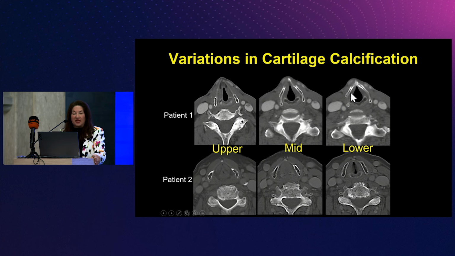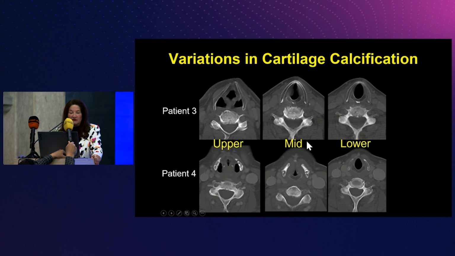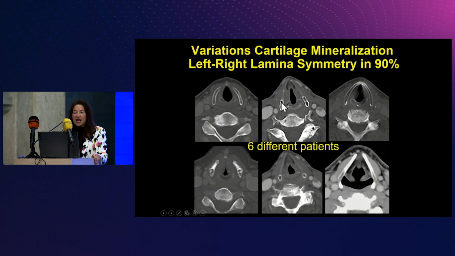Variations in cartilage calcification. So here's patient 1. You'll see that their cartilage is pretty densely calcified. This is a different patient, much more bulbous appearance of their cartilage, more fat in their cartilage as you come through here. Very, very different patterns. Here's patient number 3. Here's a different pattern. This person is very smooth, and if you look here, everything is ossified very early in them. And patient number 4, where there's not a lot of medullary fat, this person's got a lot of sclerosis in their medullary cavity. Now, variations in cartilage mineralization are very, very common, but left to right symmetry